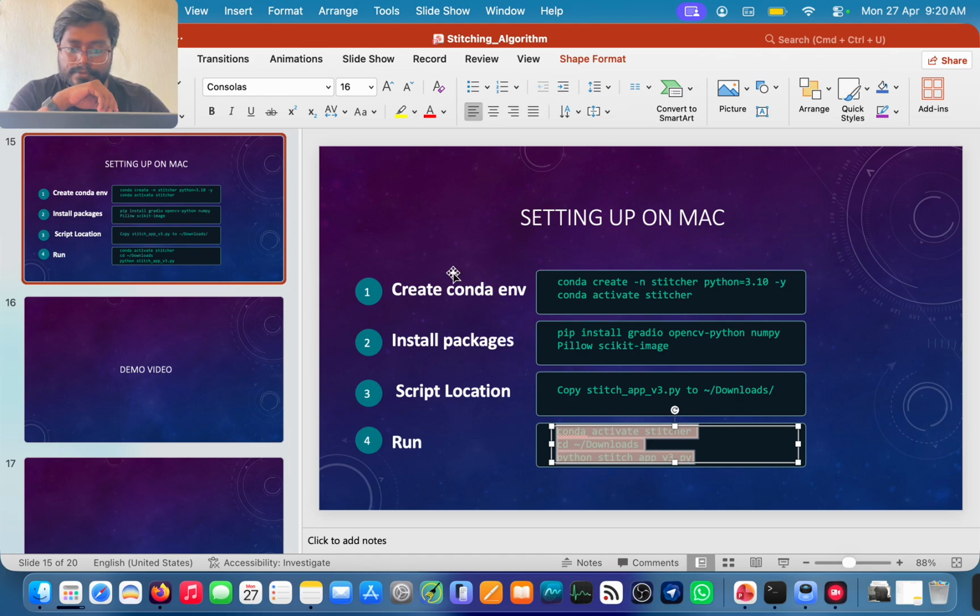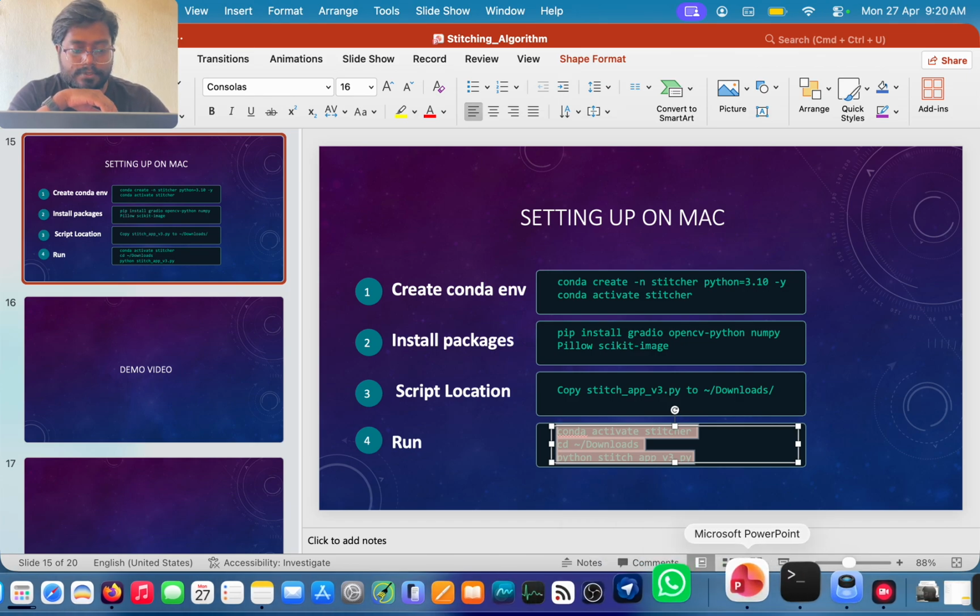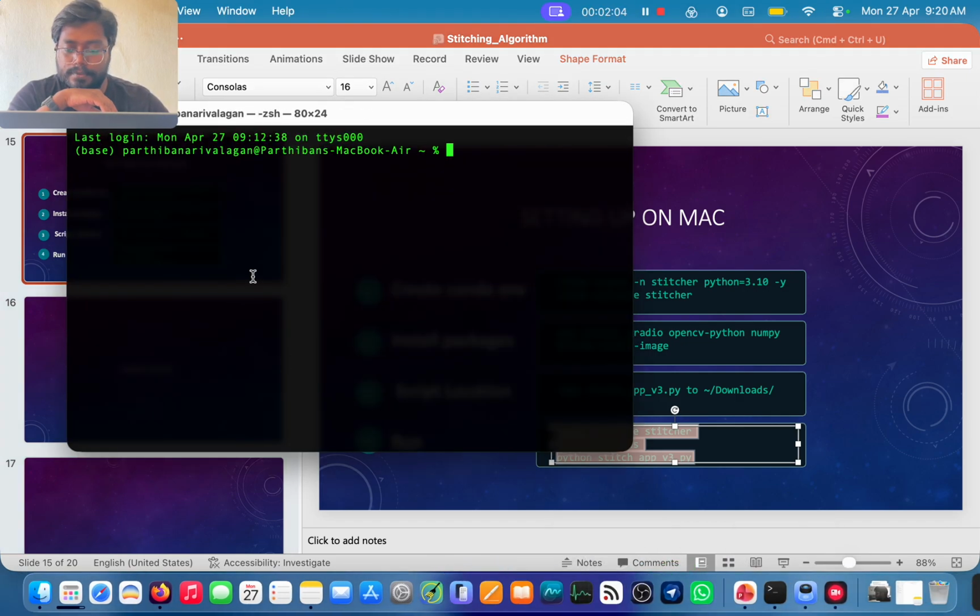So for running this on a Mac, we just need to create the Conda environment. We need to install these Python packages. We need the script which is there in my downloads folder, and to run it we just need to type this code in my terminal. So I'll just paste this, and if I just run it,